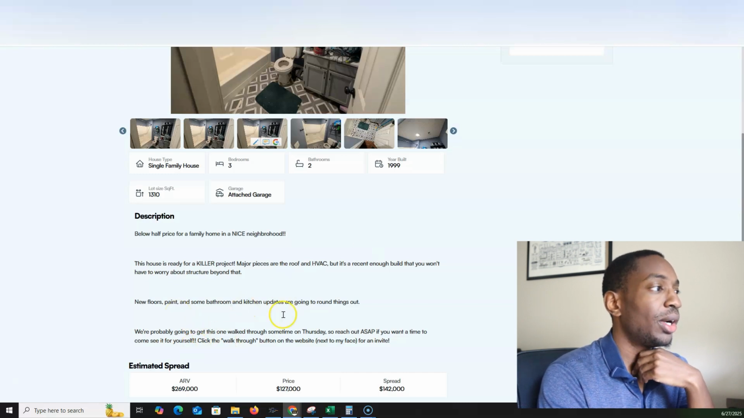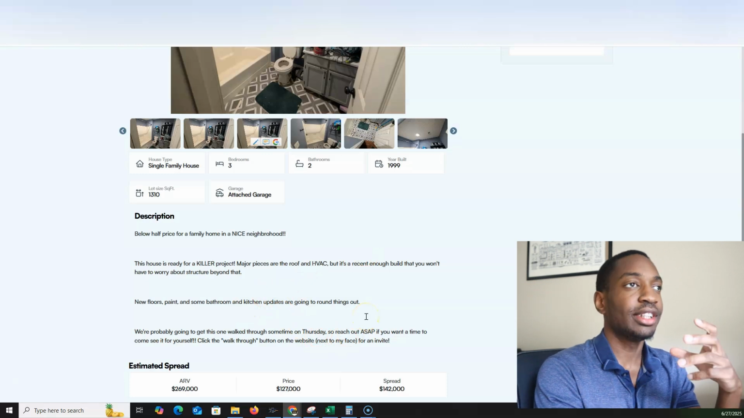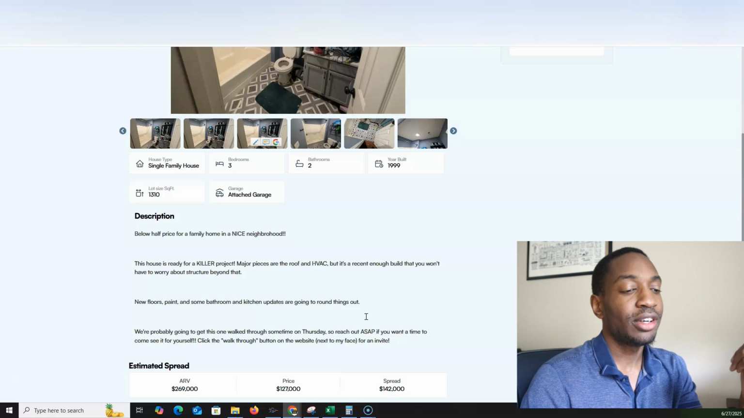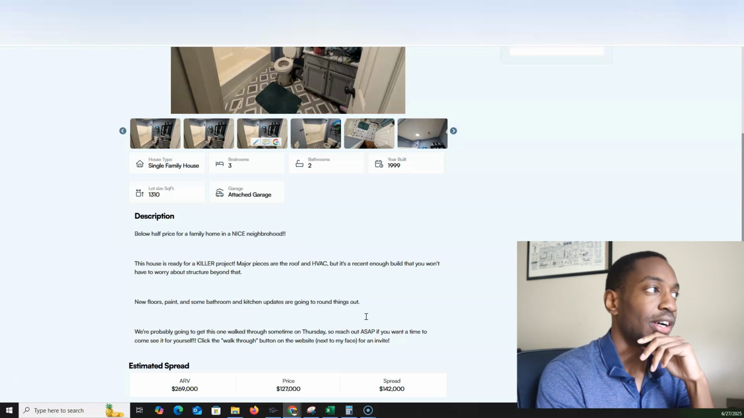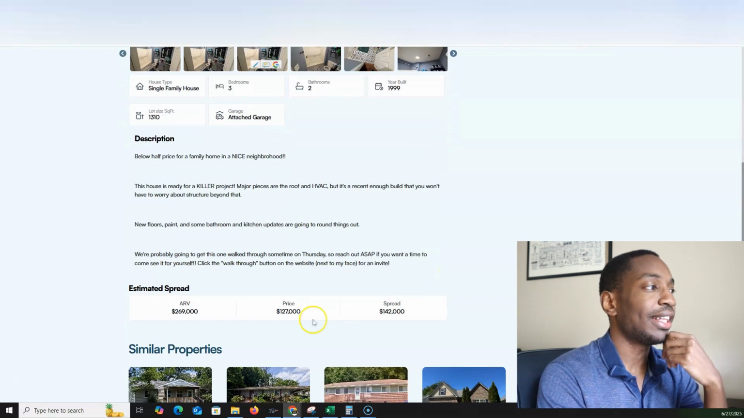We're probably going to get a walkthrough Thursday. And that's another thing. Once you have a deal and it's a good deal, you can just have one showing and a bunch of investors come out. And this guy, he always has a bunch of investors coming out for his properties. And then they have an estimated amount that they think the property is going to sell for, the ARV, the price that they're looking for,